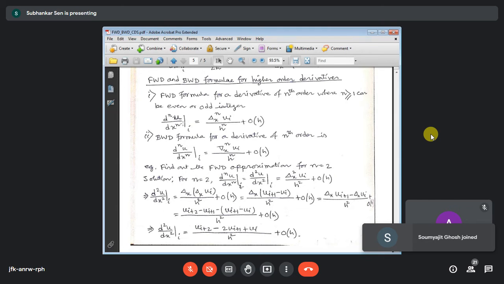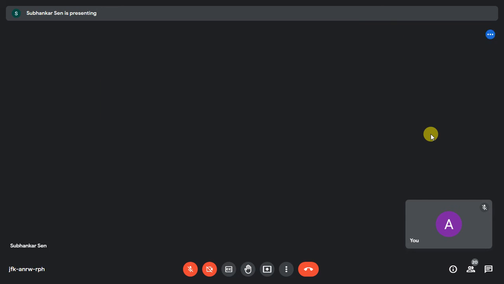Okay. So this is the forward difference formula where whether the n is an even number or odd number, n is an integer, it does not matter. So n is greater than or equal to 1. So for forward and backward difference, n can be any integer other than 0, and this n can be an even number or it can be an odd number. But when you go for the central difference, we have two different formulas based on the even or odd nature of n. Okay, so let us just start sharing that note.